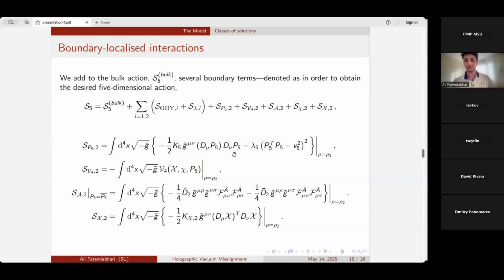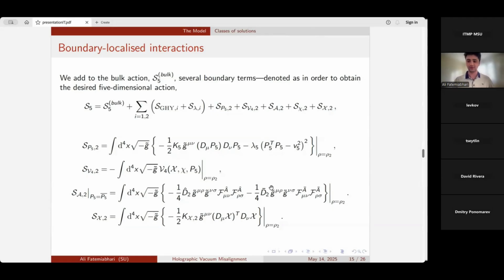Towards the very end of the calculation, when we derive the equations of motion, we will freeze the spurion. We will take limits which make the P5 non-dynamical. It takes a vev in the misaligned direction, and it will induce the explicit breaking as we desire. So all of these coefficients appearing in the boundary can have an infinite contribution to absorb the infinities during the renormalization. They also can have a finite value. And those finite values are crucial for us.